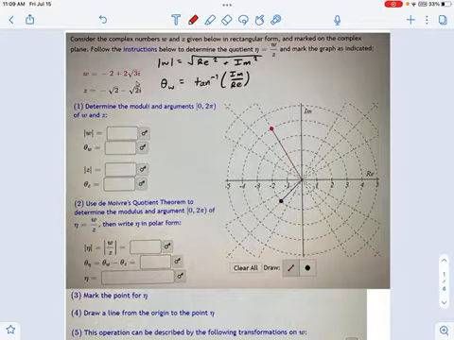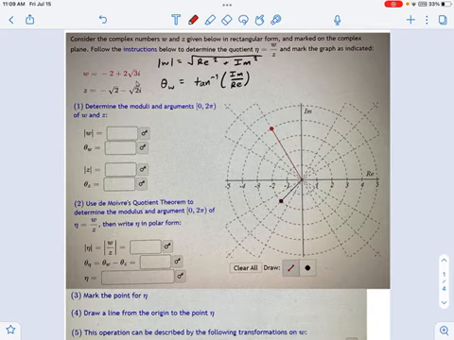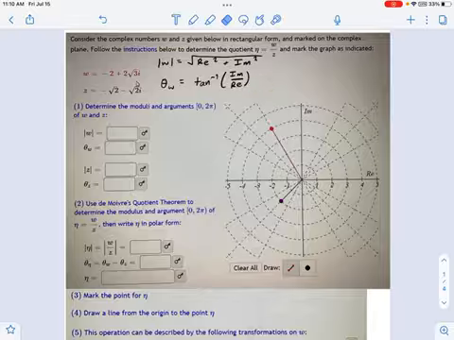We've been doing this in previous videos, and you can also just look at it in the graph. They're written in the graph for you, very easy to see. But I'll just remind you that the way you find modulus is by taking the square root of the real part squared plus the imaginary part squared, kind of like a Pythagorean thing. And the way you find the argument, that angle, is by doing the inverse tangent of the imaginary part over the real part, which is kind of a SOHCAHTOA thing.